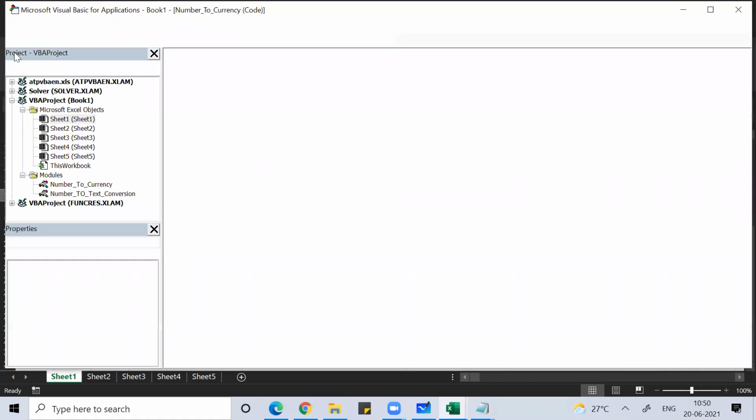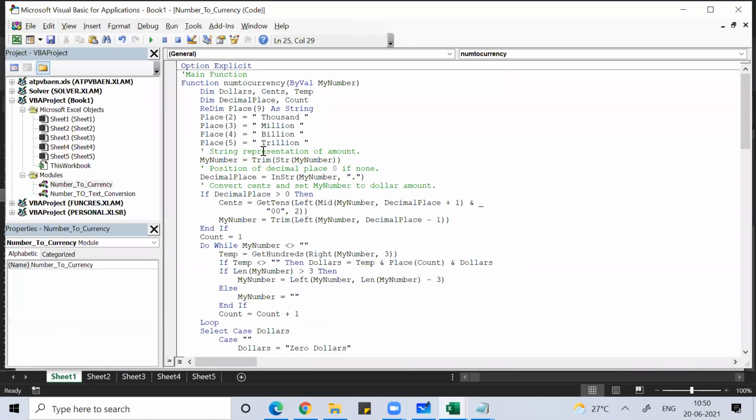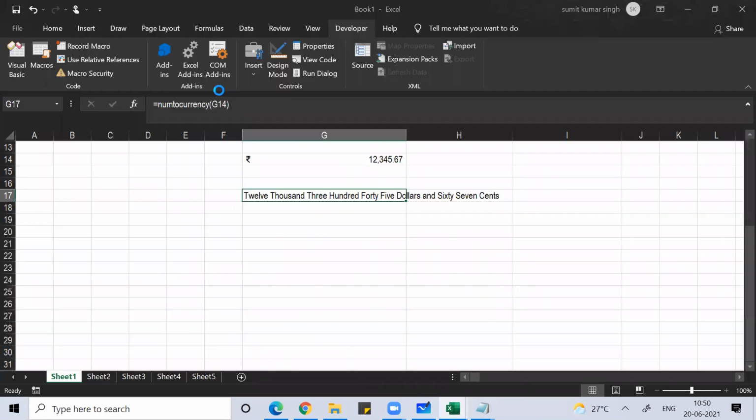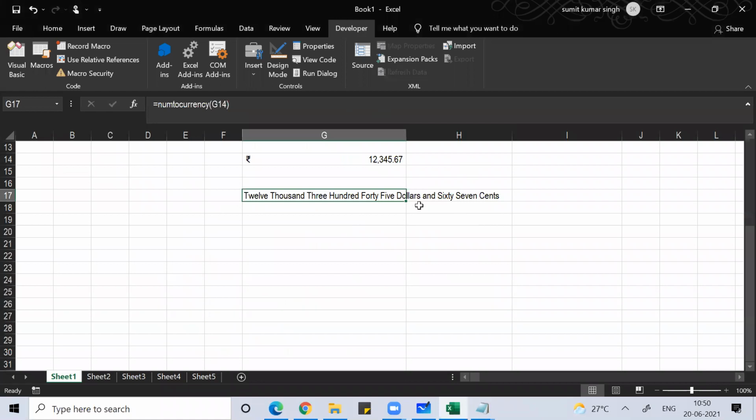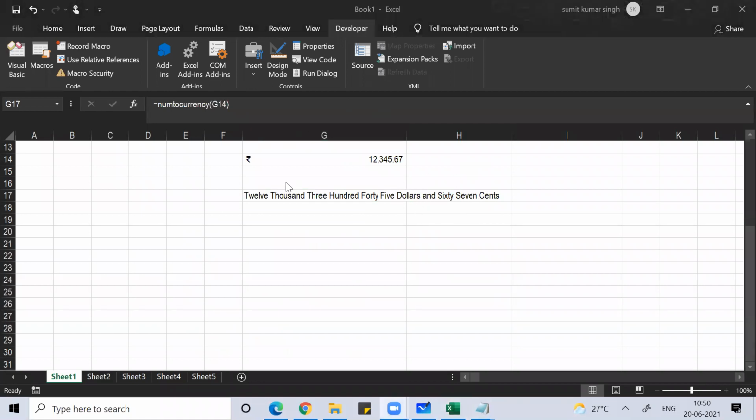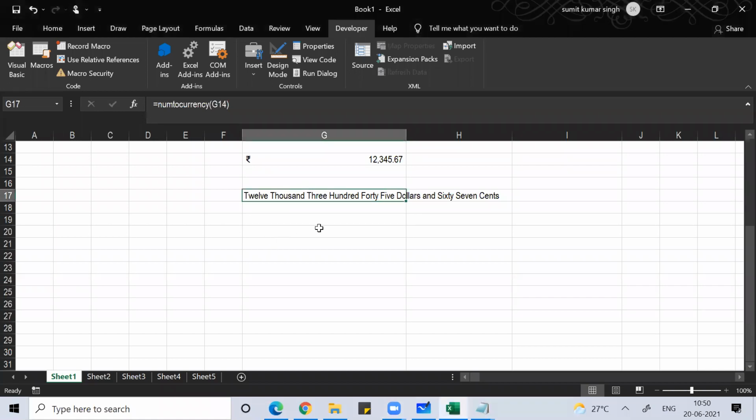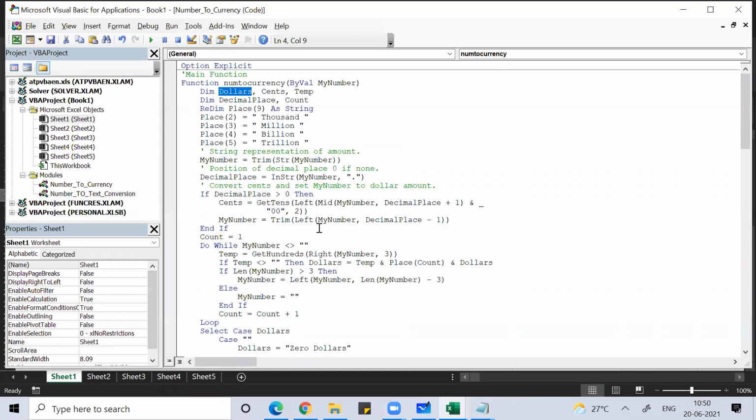So I go to Visual Basic here only. I'll copy dollars. Control C. One minute, let me see. It's coming in dollars. Okay, so I'll go there. Alt F11. I'll copy the dollar.